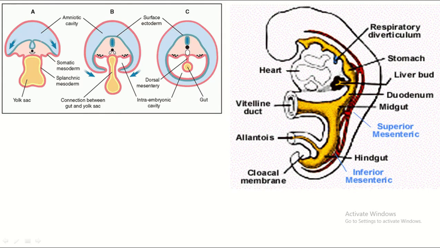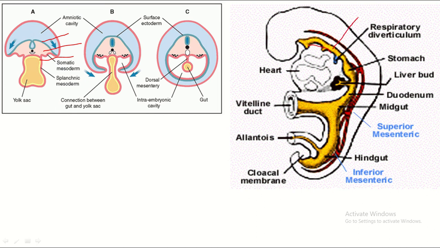This is the trilaminar germ disc. This is ectoderm, this is mesoderm, and this is endoderm. And this is lateral plate mesoderm. It has two parts. The somatopleuric layer is continued with the ectoderm and the splanchnopleuric layer is continued with the endoderm. So the endoderm forms the lining epithelium of the urethra, and the splanchnopleuric layer of lateral plate mesoderm forms the rest of the layers of the urethra.